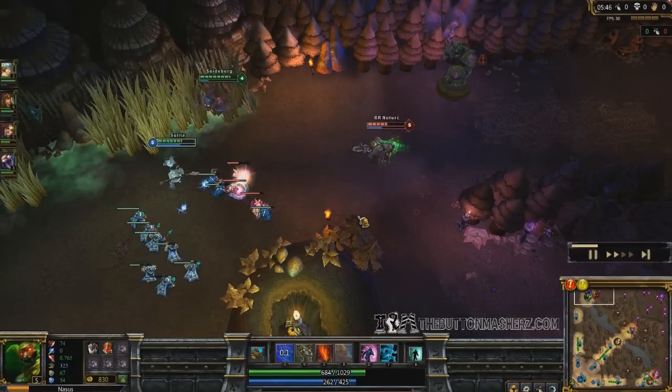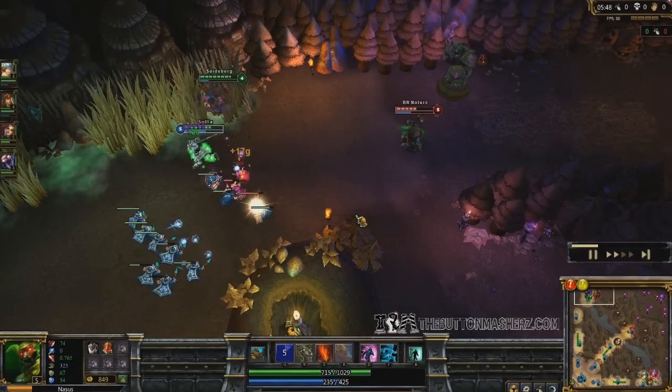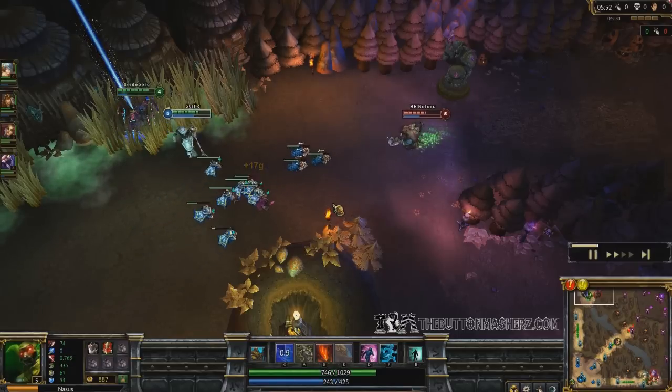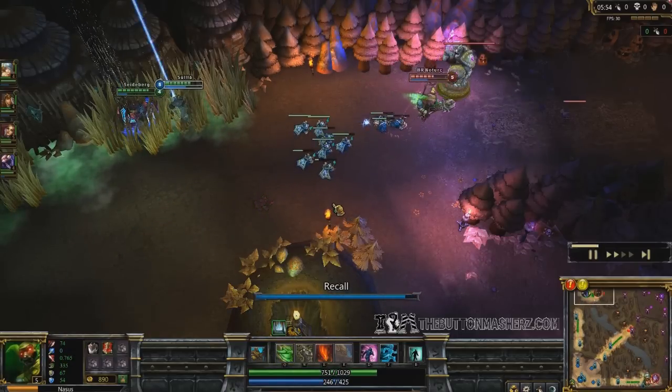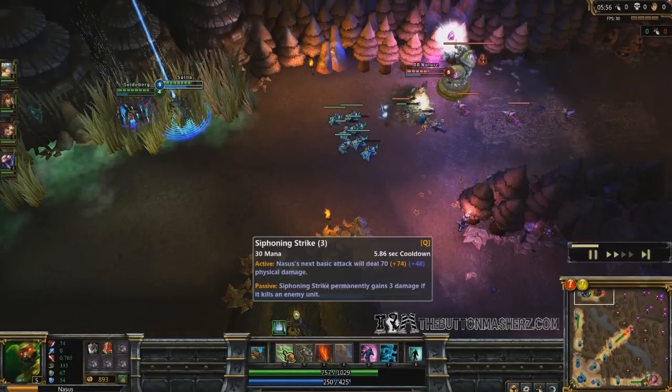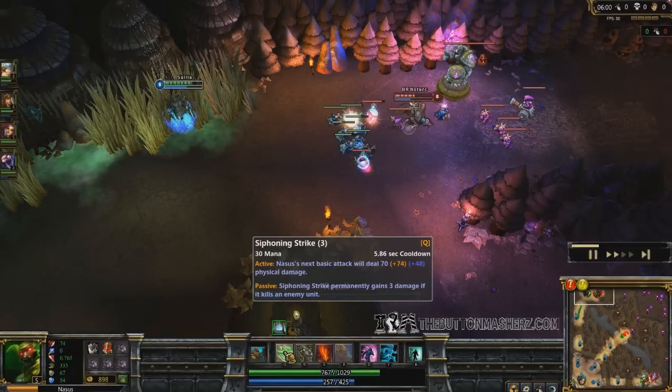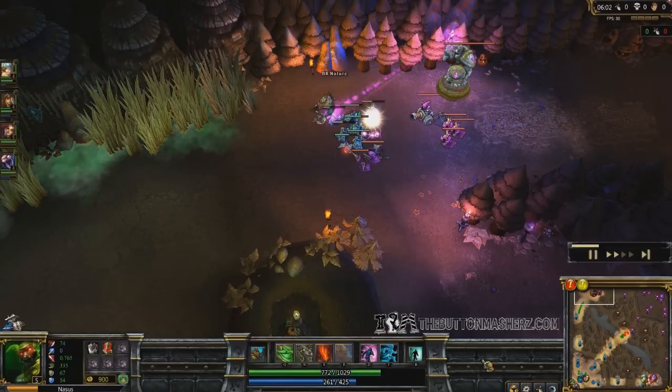So like I said, when Yorick pushes my lane, which he will do because he is spamming his ghouls, and that's what Yorick needs to do, when he spams his ghouls, I'm just going to go back to my tower, just going to last hit there. Just play defensively and keep charging up this Siphoning Strike. So I don't really have a lot of last hits yet. I only have, let's see, 48 divided by 3 is...